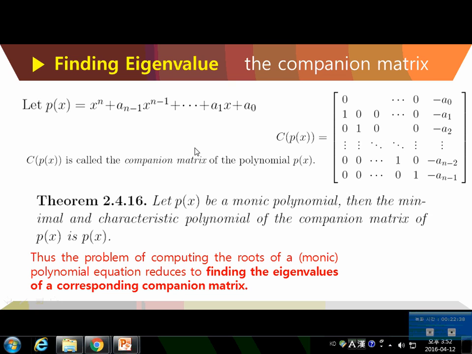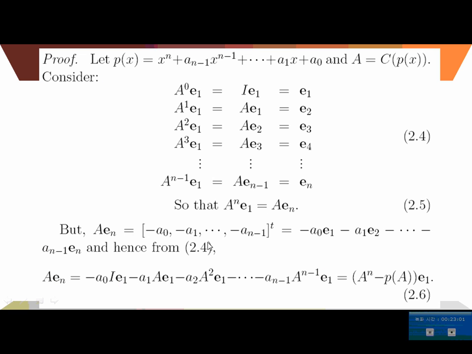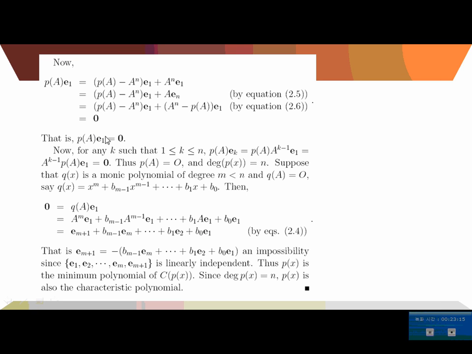Okay, that's it about the eigenvalue and companion matrix and the relationship with the Jordan canonical form and minimal polynomial. So, with this knowledge, the problem of computing the roots of a polynomial reduces to finding the eigenvalues of the corresponding companion matrix, and even further with the characteristic polynomials. And actually, this is the proof of this theorem. Here's the characteristic polynomial and the companion matrix, then this satisfies this. So if you summarize this, then it satisfies the characteristic polynomial,